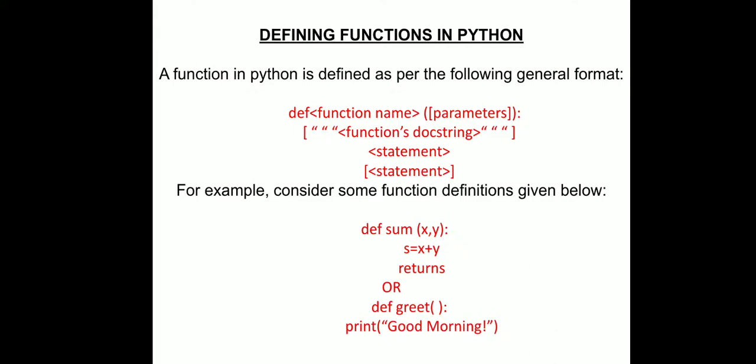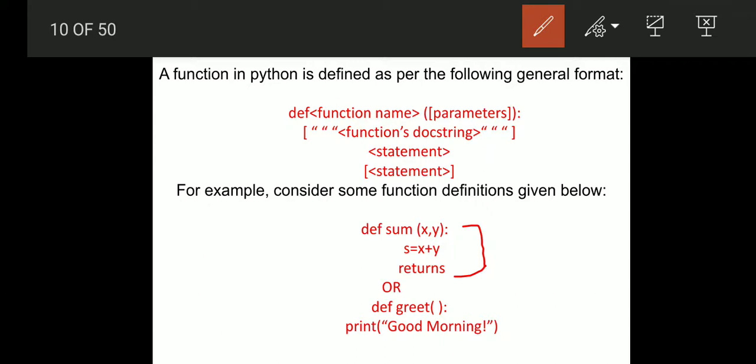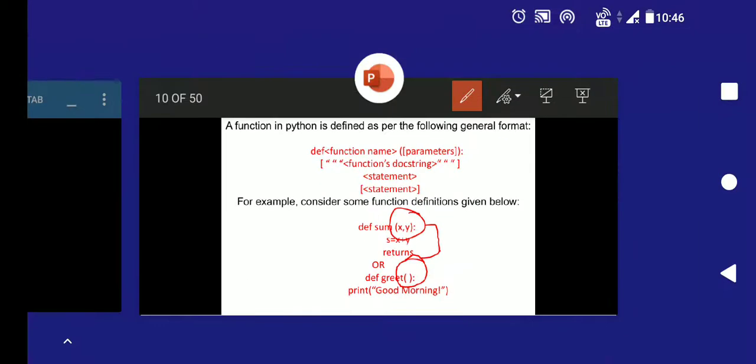A function in Python is defined as per the following syntax. As you know very well, this is also the example. Def sum, you can do the calculation of two numbers with the help of this. Then you can print it. In such way it is written here return, or def greet. This is another function. Greetings means good morning. There are two functions basically. What is the difference in these two functions? Here you are passing the variable, here you are not passing the variable. So in such case, we can use a function. So I think we should do one example, so we will understand that.